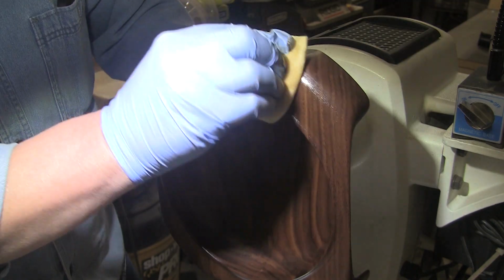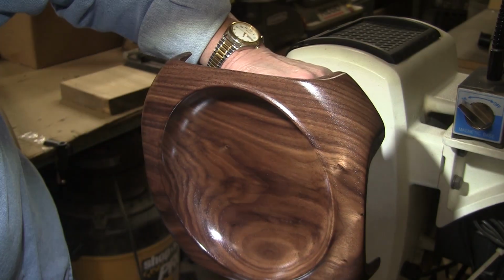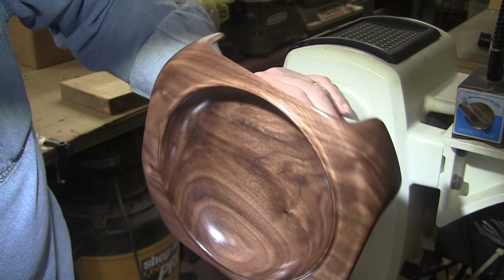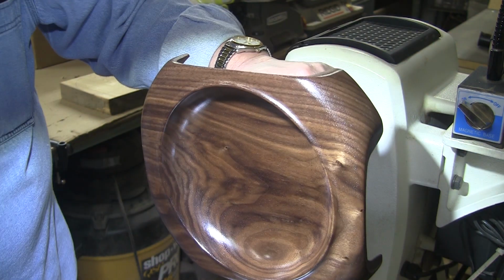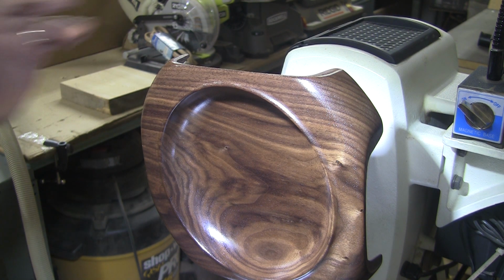I'm not ashamed of the piece at all. I'm not ashamed that it's walnut. I don't know. Maybe I don't know what I'm talking about. That looks pretty nice. Looks a whole lot better now than it did a minute ago. So there it is. So I'm going to let that sit 20 minutes, wipe it off, buff it, then I'll